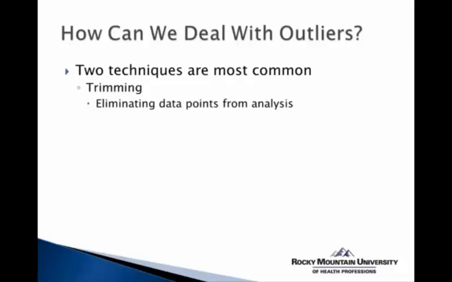And this is where we're basically eliminating data points from the analysis based upon several possibilities. In other words, things that made them outliers or reasons they might be outliers, which would then allow us to feel comfortable with or compel us to then trim them from our distribution of scores. And this is usually done when we have data that is out of range. In other words, if we're measuring a certain value and the highest possible value is a 10 and we have a score that's an 11 or a 12, then we know that that's not possible based upon the measurement technique we were using. So that data is invalid, it's out of range,